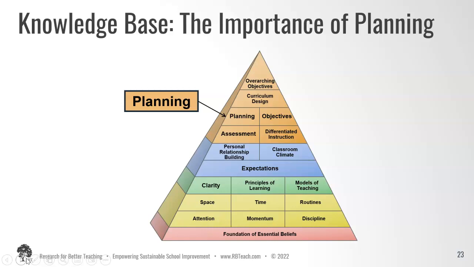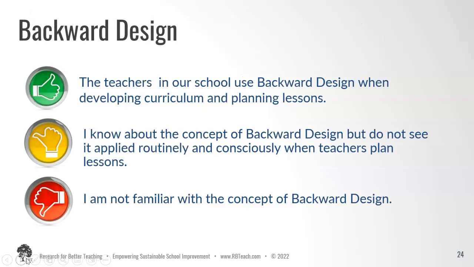Well, planning is important because often sources of problems are because of lack of planning. So, for example, something that might look like a management problem or a clarity problem could really be a planning problem. If the teacher hasn't unpacked the objective for the unit and figured out in what order to teach each chunk of knowledge or which skills to be reviewed and strengthened, that could result in behavior issues or clarity issues. So planning is critical. Now, we talk about backward design, this work of Grant Wiggins and Jay McTighe.